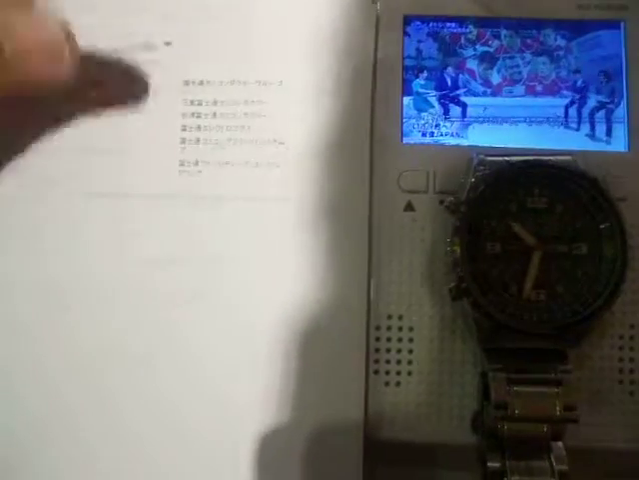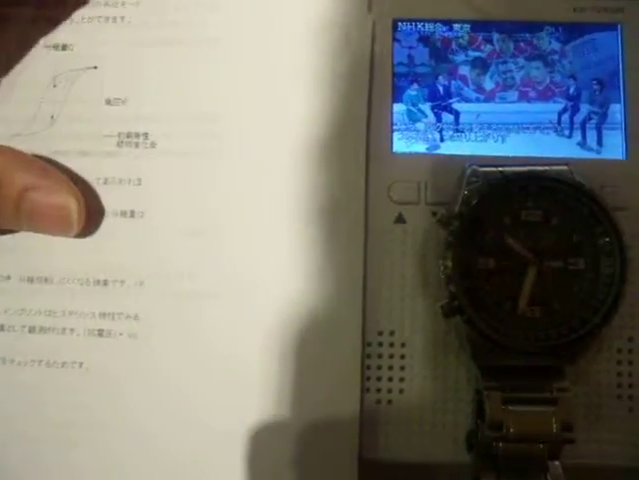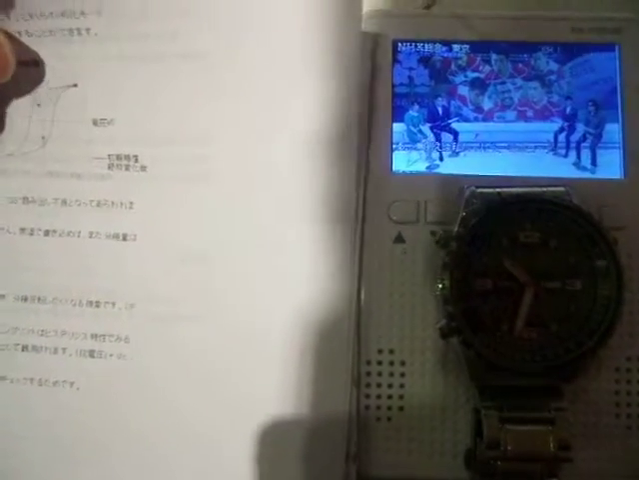Okay, so these are my collaborators. The main player in this project is Dr. Shinjyuku, who was the former